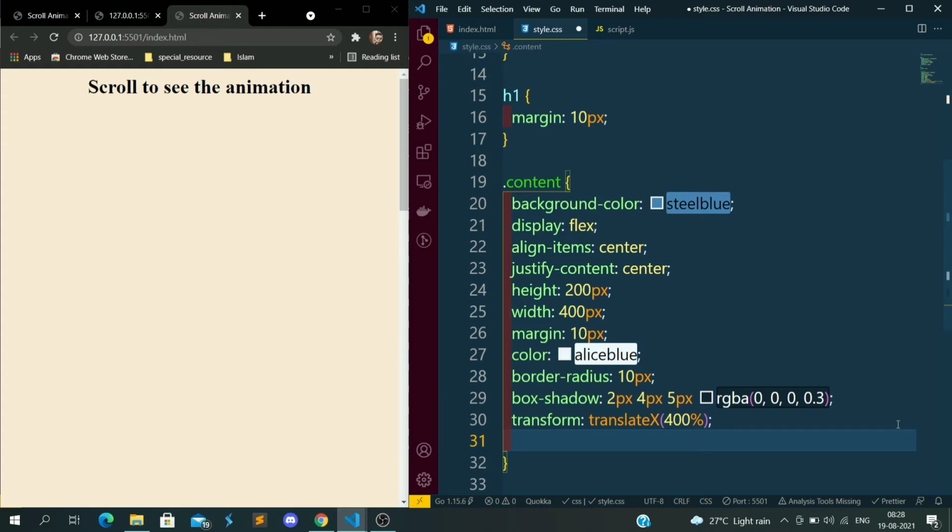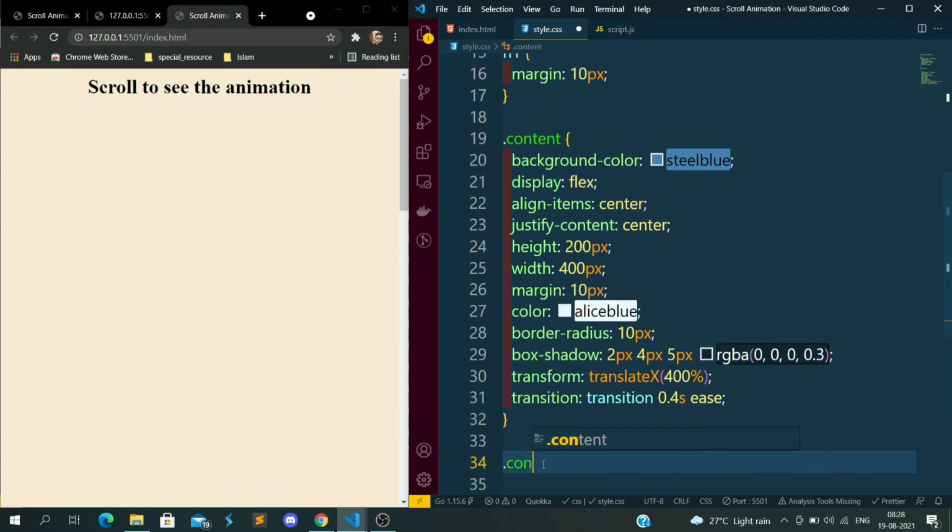Okay, since I've applied the transform, I want to show some transition so that it will look better. 0.4 second transition in an ease format. Okay, now I want the even-numbered position cards.